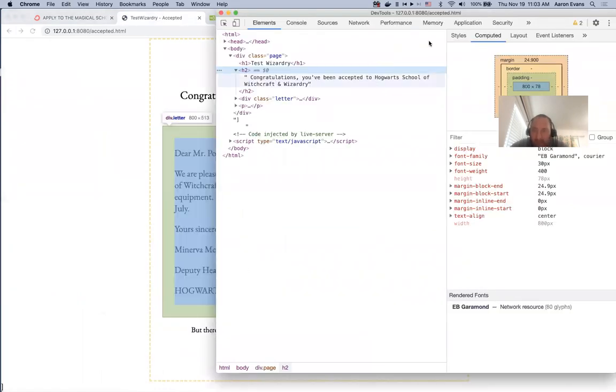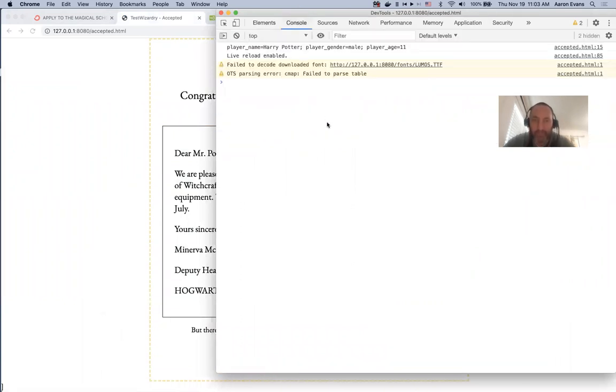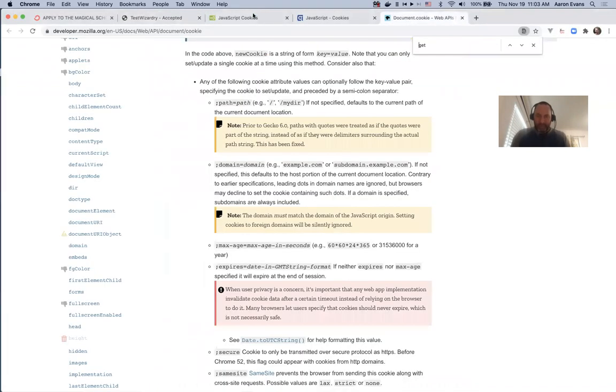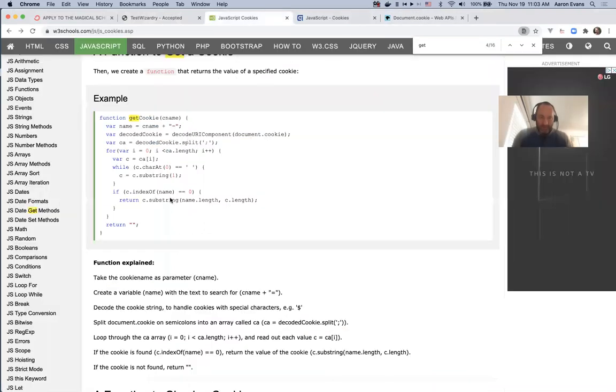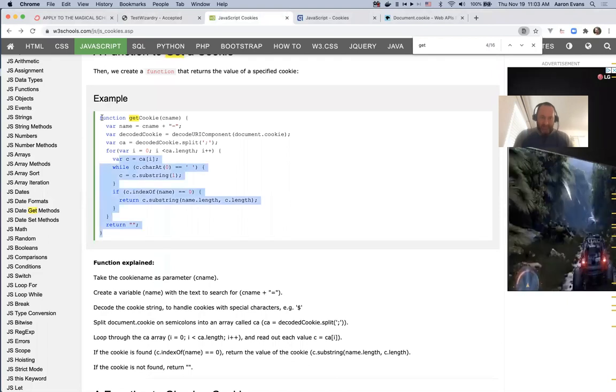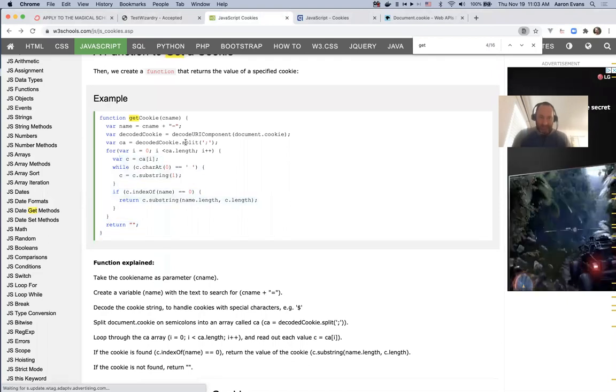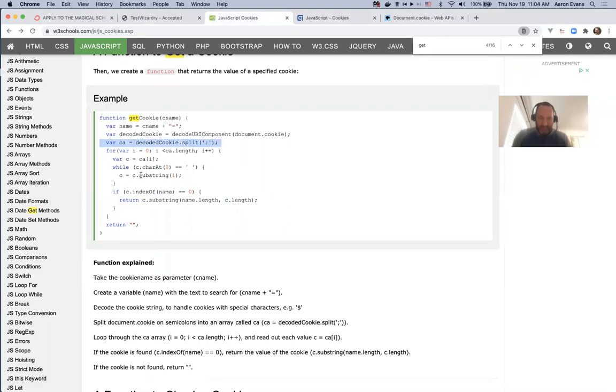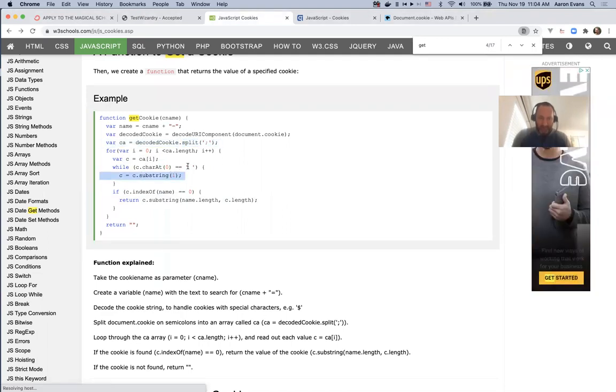Let's look at our console. Here we have player name equals Harry Potter. This is our cookie. Player gender equals male. Player age equals 11. So we could actually just grab this function here, right? So what we're doing is we're splitting it at the semicolon. And we're getting the substring of the